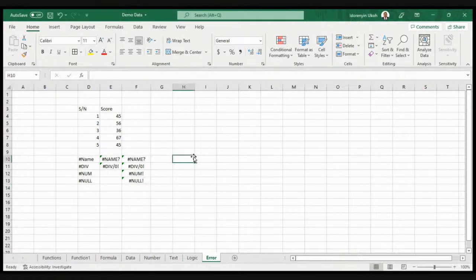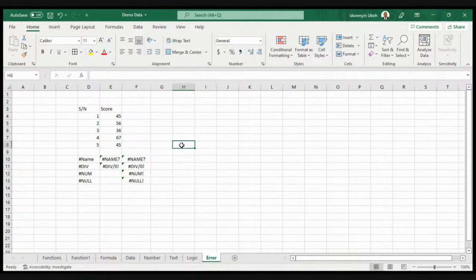Okay, so I have this little data here. I have the score, the particular score, and I have the numbering. So for this course, we're going to be looking at the different functions that we spoke about. So we talked about the name function. So for the name function, we agree that whenever we have an incorrect function, we are going to have a name error when we are calculating in a particular formula.